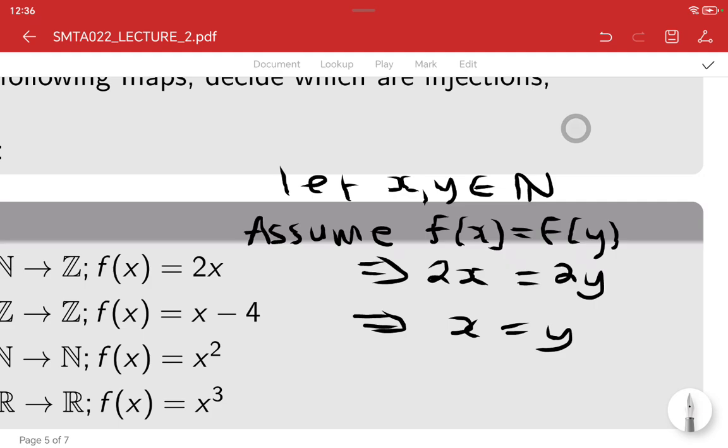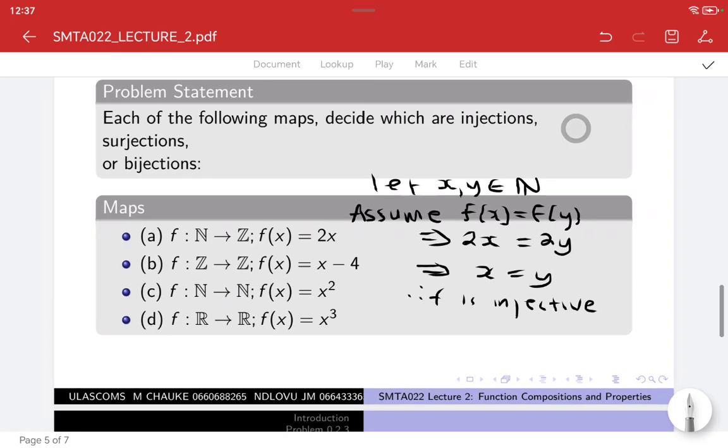Then if this is the case, therefore f is injective. Do you agree here? Yes. And then, for us to check if this is surjective or onto, we must take an element from